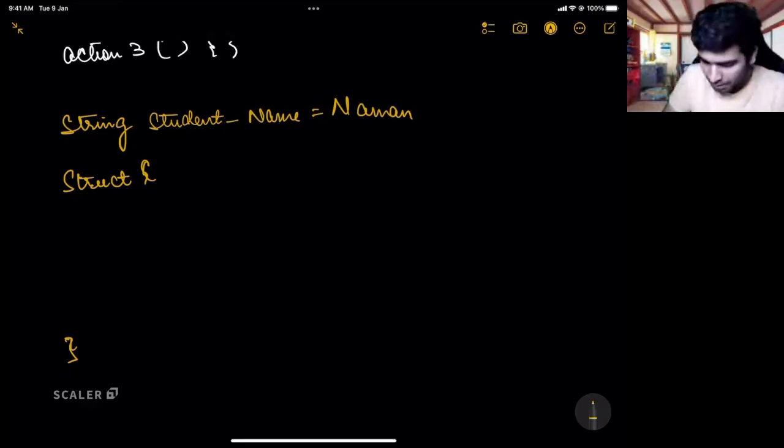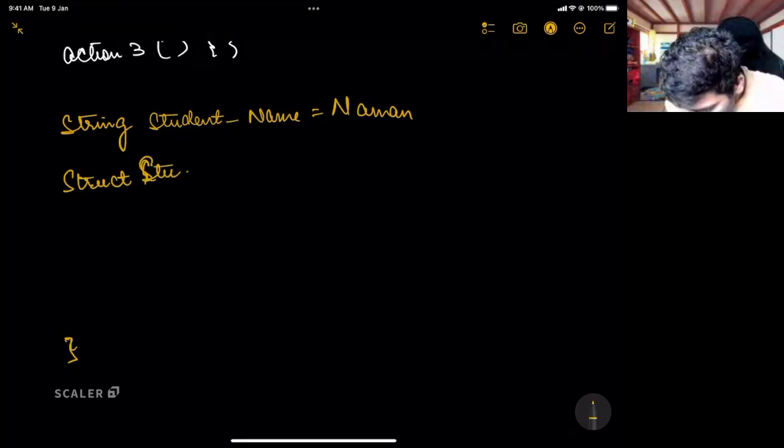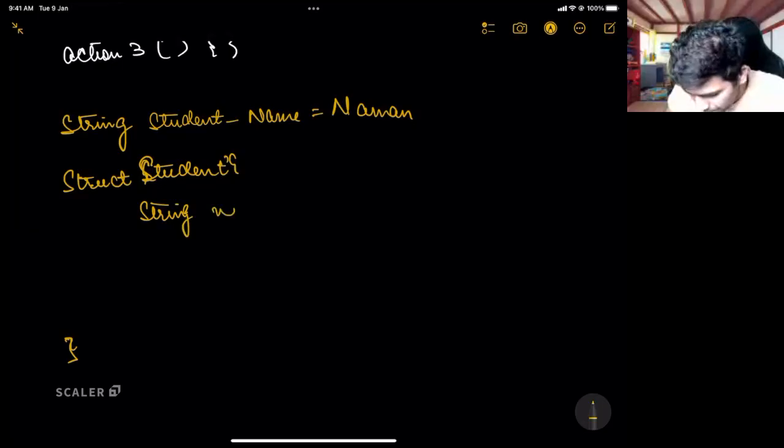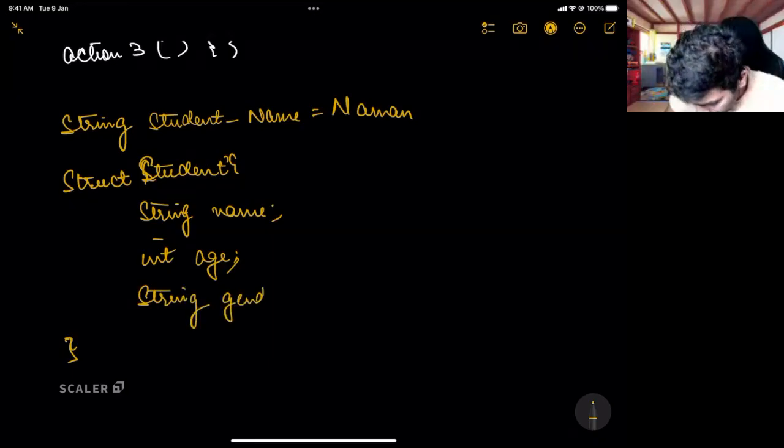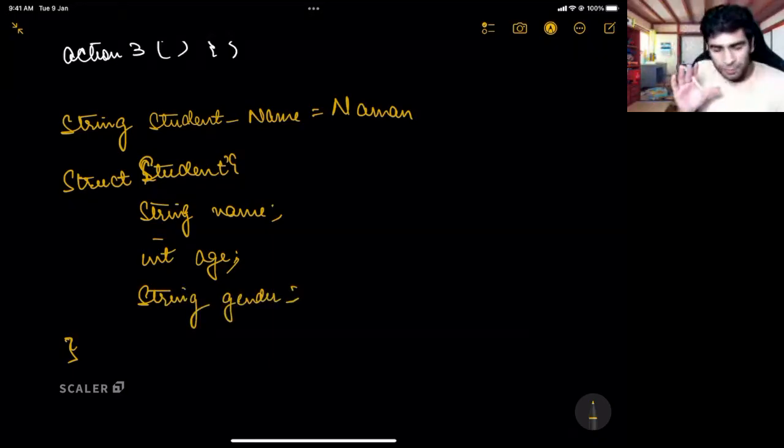So a struct for student might be: every student has a name. Okay. Every student has an age. Every student has a gender. Let us say this. Okay. Now, first of all, is everyone clear with how do we represent attributes or how do we represent data in a procedural programming language?